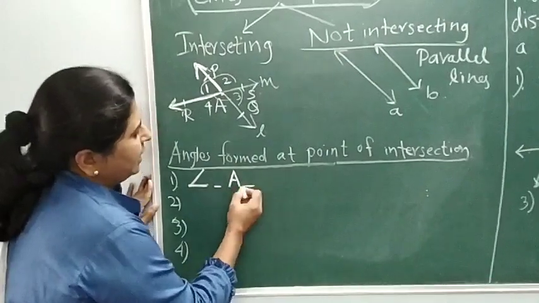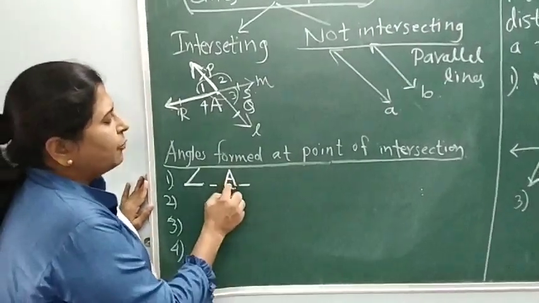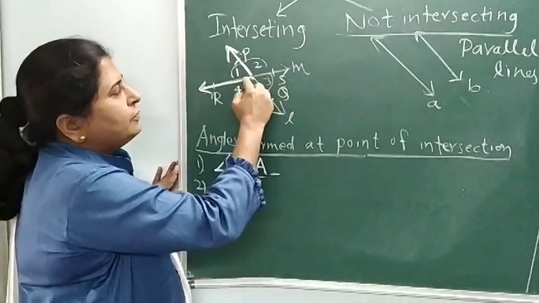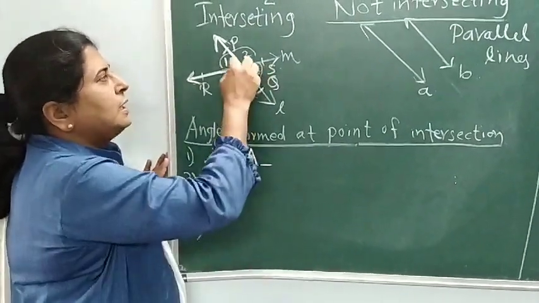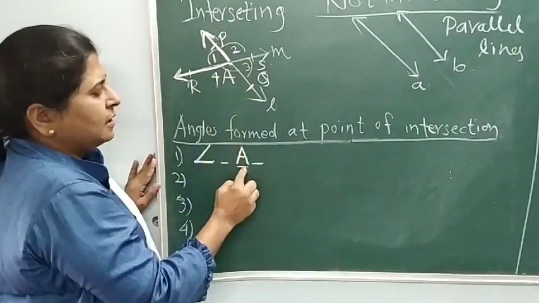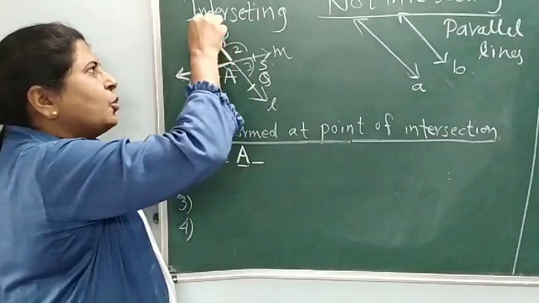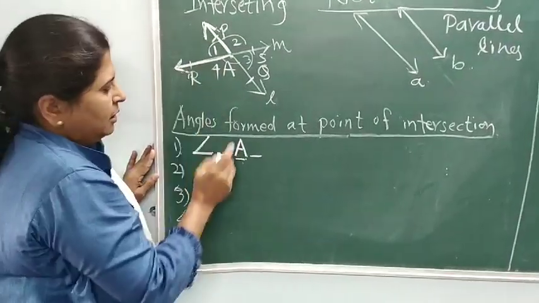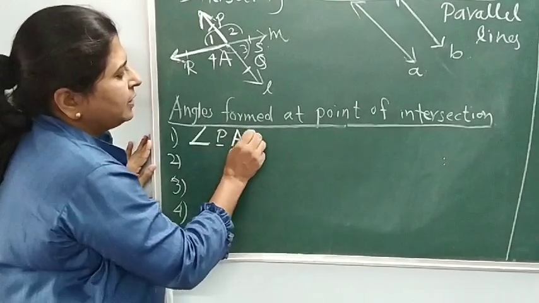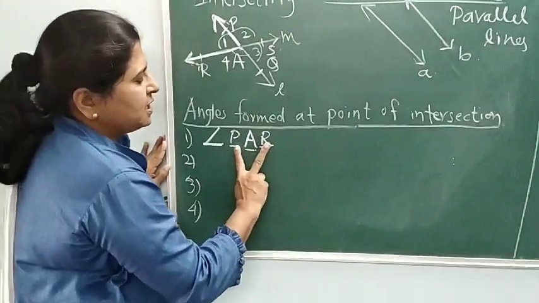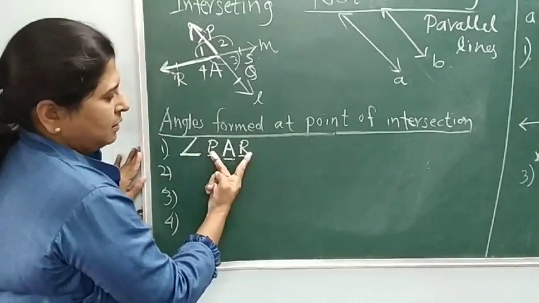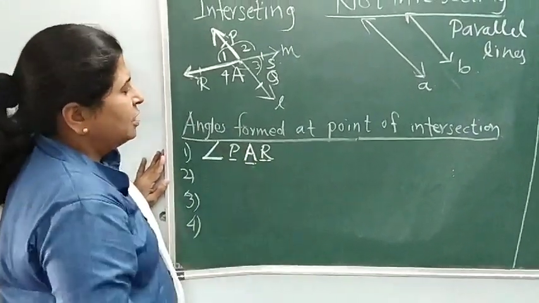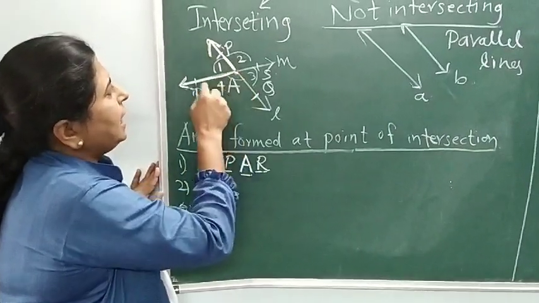We write the name of the angle using 3 letters. The middle letter should always be the vertex. And here which 2 letters should we write? We have written the vertex in between. Now this one arm is going towards point P and the other arm is going towards point R. So here we can write P and here we can write R. Of course you can interchange these 2 letters, but the vertex letter A we should not change. So angle number 1 is angle PAR.